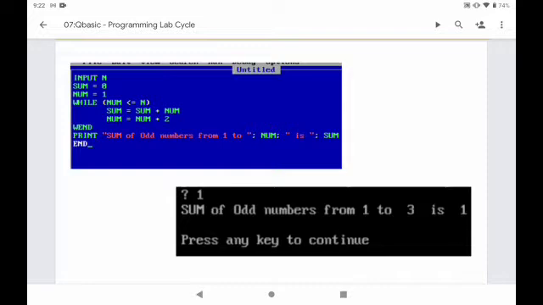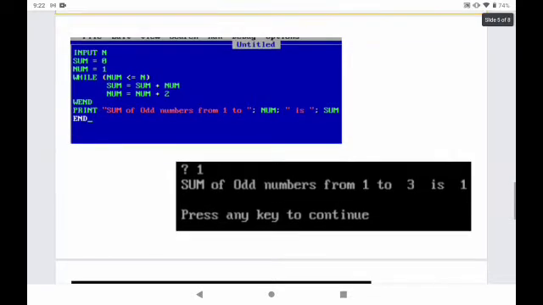Then print "sum of odd numbers from 1 to" num. Whatever number is entered will be typed there. Then again whatever value is in sum will be printed there. Then end. Let us check how it gives the output. So I have entered n as 1.